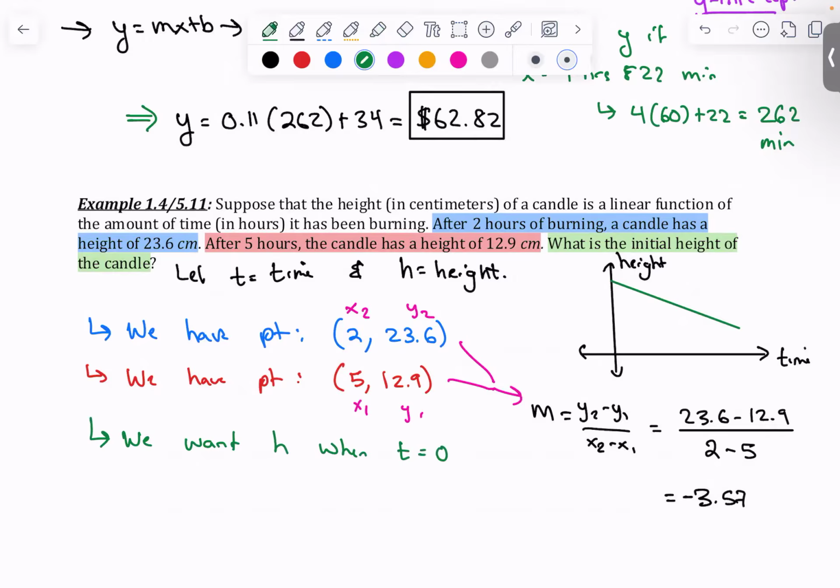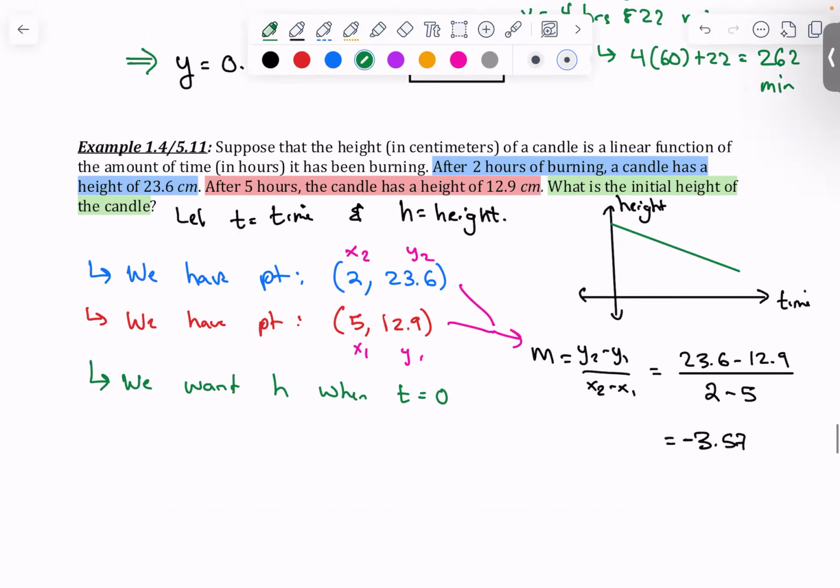That's how we write that in mathematics. If we want to know the initial height, it is when no time has passed, when the time is equal to 0. So we want h, the height, when t is equal to 0. Well, in order to find that, we need to find the equation, because right now we just have the slope. So we can use the point 5, 12.9, and doing so gives us y minus y sub 1, so y minus 12.9 equals m, which is negative 3.57 times x minus 5,